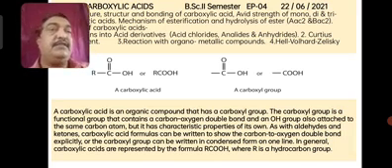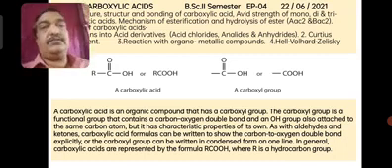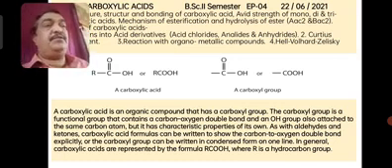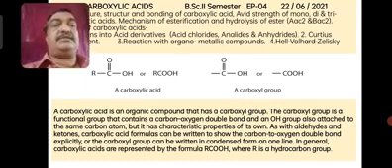Carboxylic acid contains CO and OH groups attached to an alkyl group or aromatic group. So COOH contains a carbonyl as well as a hydroxyl group. That is called a carboxylic group attached to an aromatic or aliphatic group, and they are referred to as carboxylic acids. If R is CH3, it is acetic acid; if R is C6H5, it is benzoic acid. We dealt with naming last time.